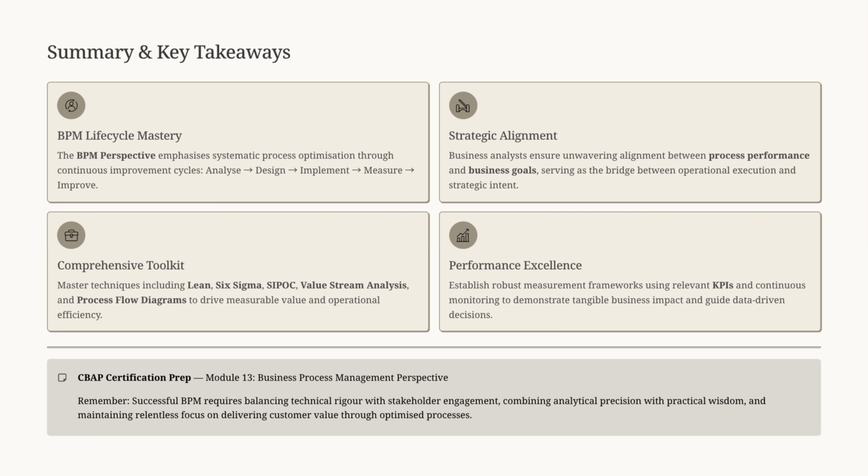As we wrap up this final module, let's bring it all together. The BPM perspective is about mastering the full life cycle of process optimization, analyzing how work happens, designing better workflows, implementing change, measuring impact, and continuously improving performance. It's about strategic alignment, ensuring every process supports business goals and customer outcomes. It equips you with a comprehensive toolkit: Lean, Six Sigma, SIPOC, value stream analysis, and flow diagrams to drive measurable,